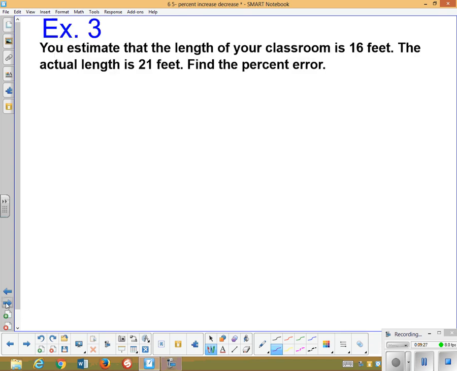So let's go ahead and take a look at our example I have here. It says you estimated that your classroom is 16 feet, but really it was 21 feet when we measured it. So you had an error. So what is the error? Well, the percent error is going to be the amount of error,